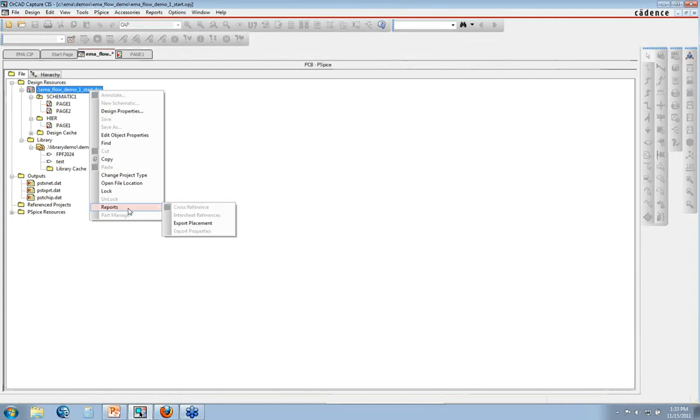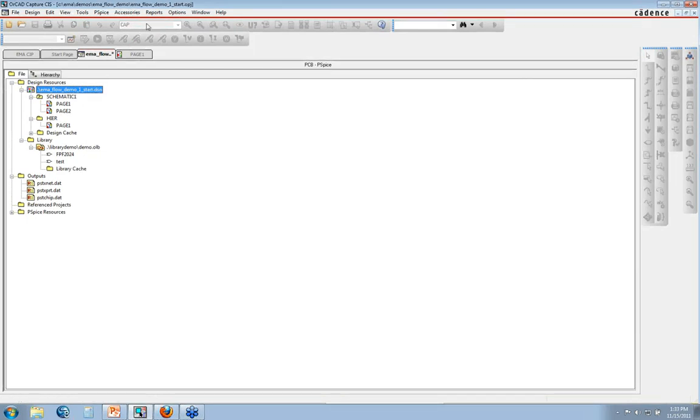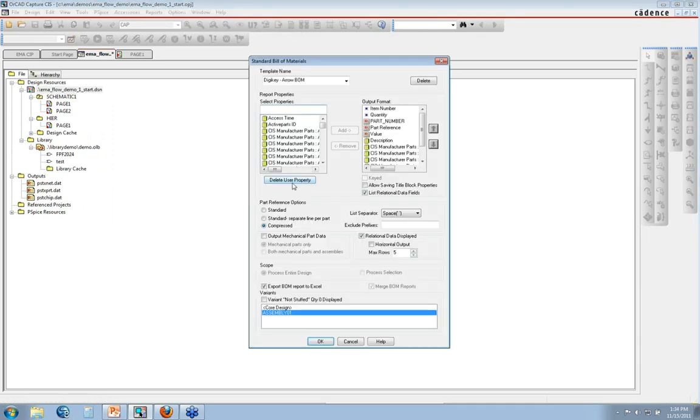Now, one thing the bill of materials allows you to do is take information from the schematic and the database and merge them together. You can create your own output headers here. In my case, I have a bill of materials, and I can save templates here. I might have a DigiKey BOM only, or I might have a DigiKey Aero BOM, for example,